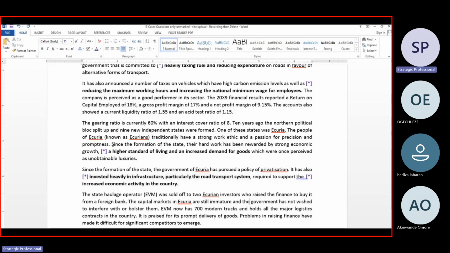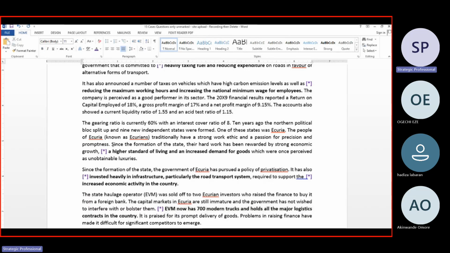So we mark these as important points. The state haulage operator EVM was sold off to two Ukrainian investors who raised the finance to buy it from a foreign bank. So this EVM company was sold to Ukrainian investors itself. The capital markets in Ukraine are still immature and the government has not wished to interfere with or bolster them. EVM has now, this is an important point, 700 modern trucks and holds all the major logistics